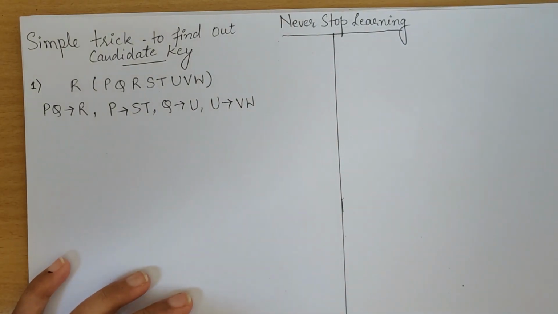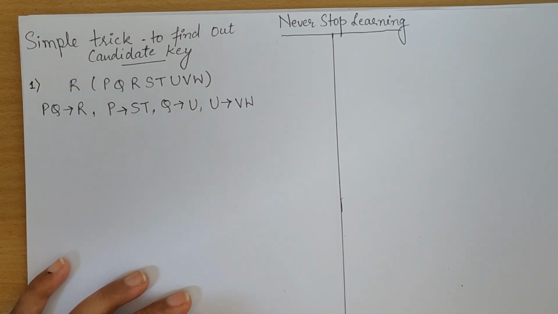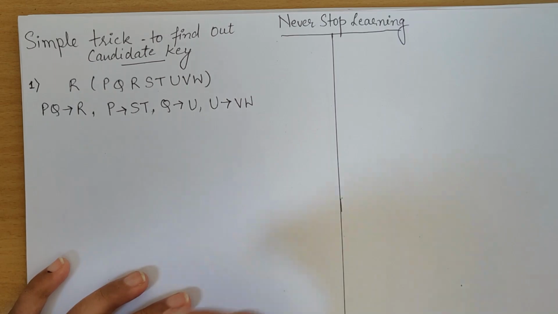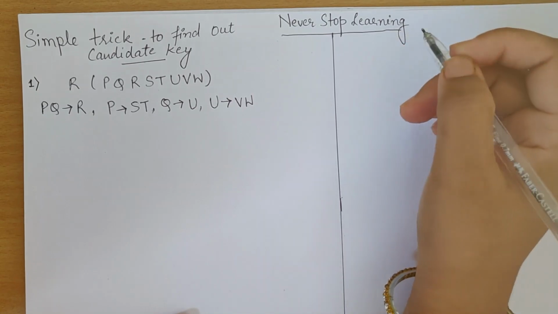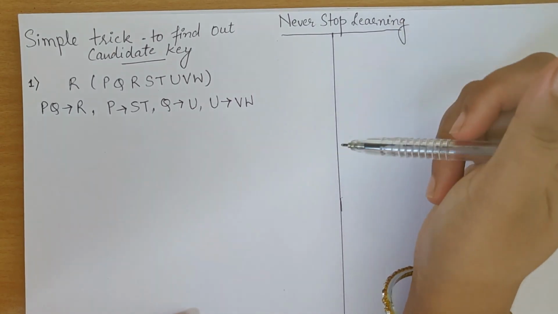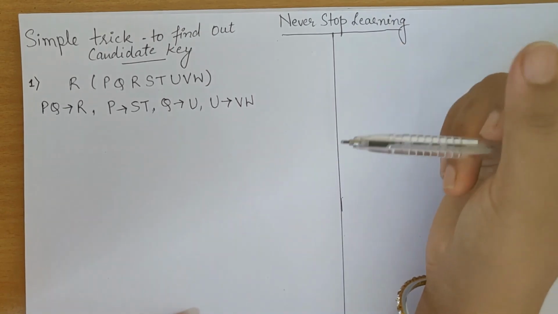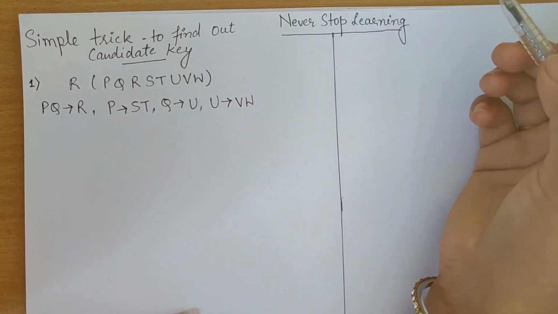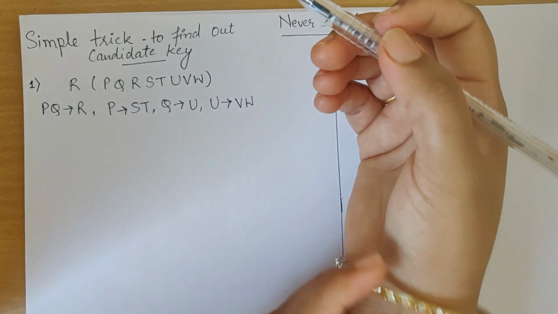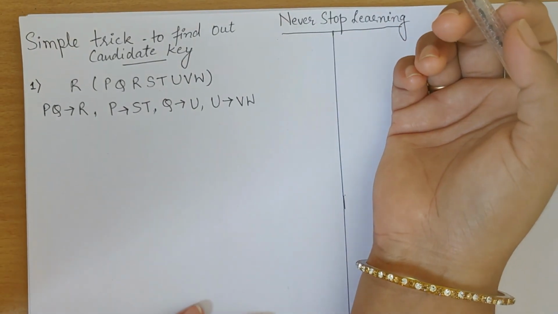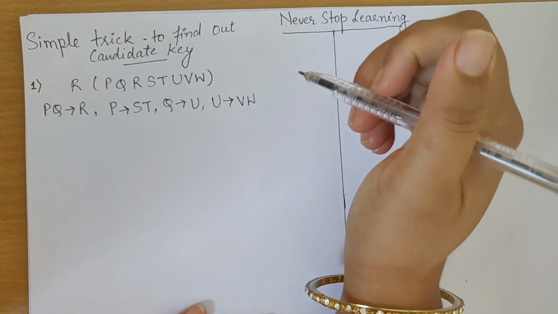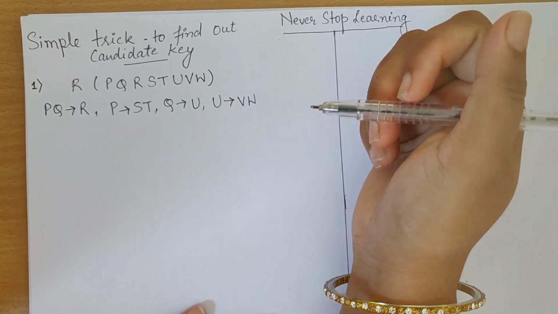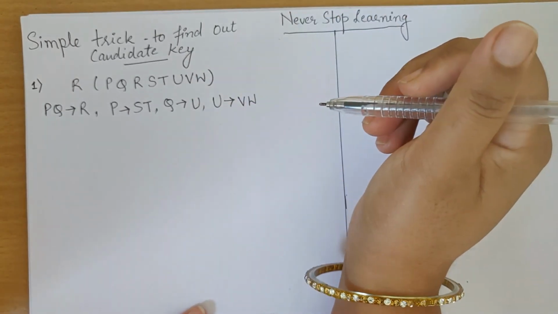Hello everyone. In the series of learning database management system, our today's topic is simple tricks to find out candidate key. Because candidate key is an important topic, and when you face a competitive exam like GATE or NET, you don't have this much time to calculate attribute closure for each and every element, and then find out whether that is the candidate key or not. And if that is not the candidate key, then you have to try with other attributes and then combinations of attributes, right? So going the conventional way will take a lot of time, and to save time we have a trick.